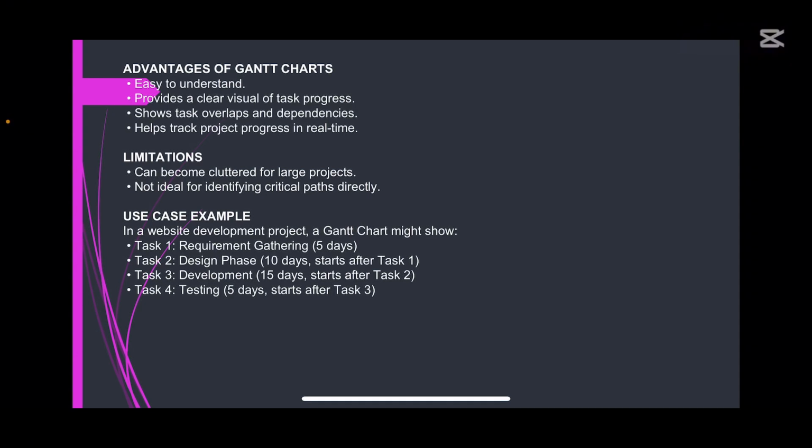Now, use case example. I want to start adding use case examples so that I stop saying assuming. I want to give you a real life example, probably one I've experienced or one friends of mine have experienced. In a website development project taken from my friend, not me, a Gantt chart might show 1, requirements gathering.